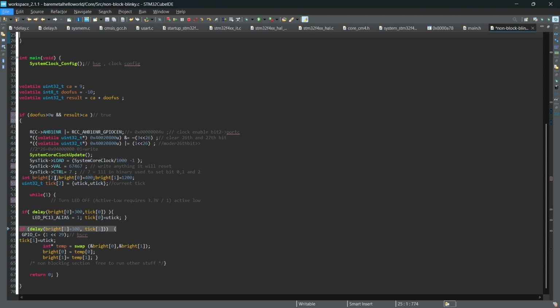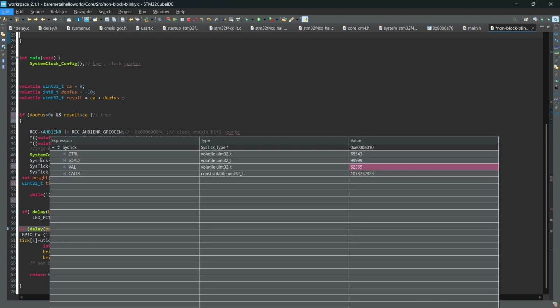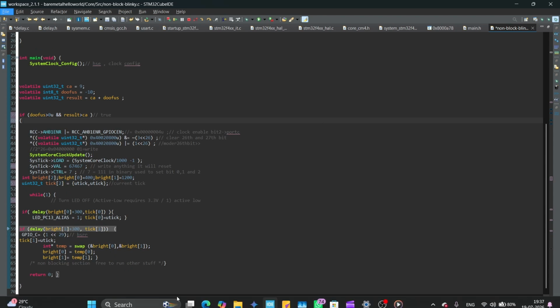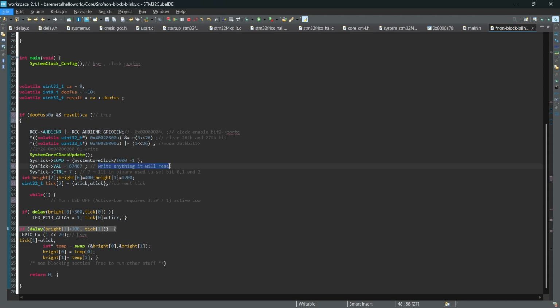And you can see, yes, now we are setting SysTick. You can see the SysTick address. Here we are using the system provided struct. See the address. Set load to core clock, which is the number of ticks per second, divided by 1000. So it is the number of ticks per millisecond minus 1 because it starts from 0. This is SysTick VAL. You can write anything, the value will change to 0 because it is a write-reset register. And in SysTick CTRL we use 7. You can add U, doesn't really matter. 7 is 111 in binary, which is used to set the 0th, first, and second bit.